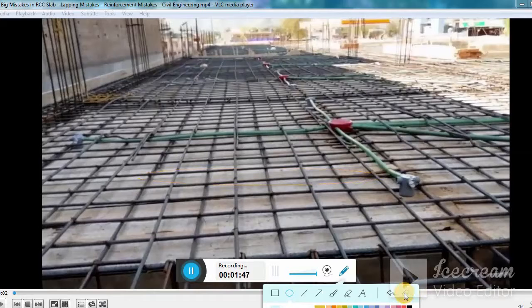Clear? So this is another mistake. You see this bar, which is the bottom bar, while this one you can see is on the top, although both the bars are running in the same direction. So this is also a mistake. You never allow it. You see this bend over here. Okay, this should never be allowed. Okay, you see the lap over here. This should never be allowed. Okay, and one important thing which I noticed when I was working on site, basically,